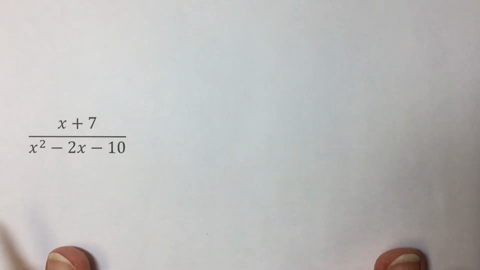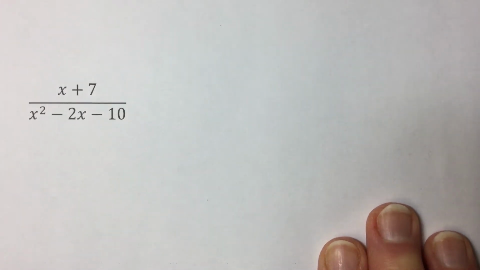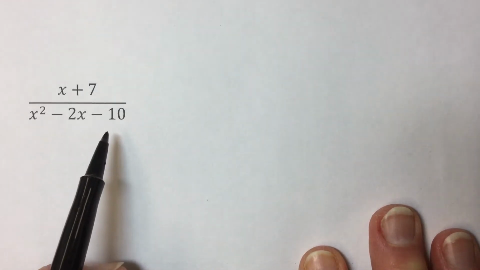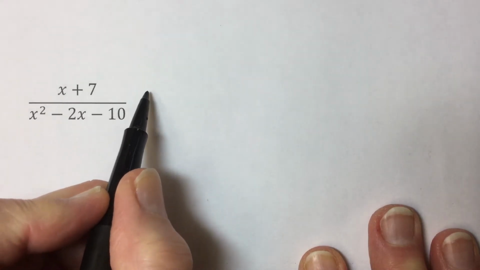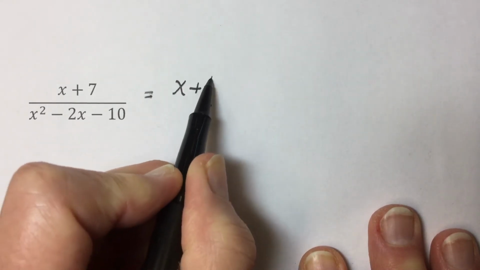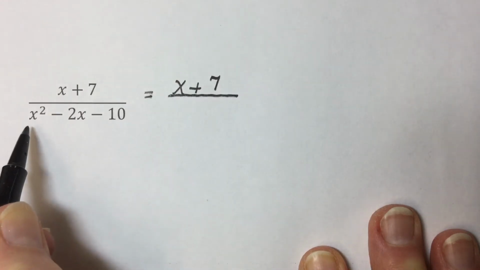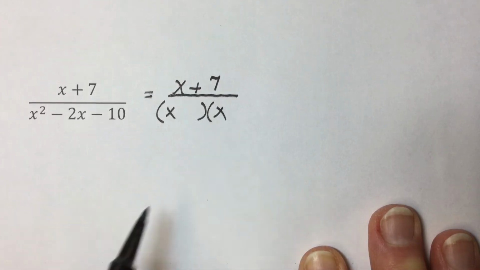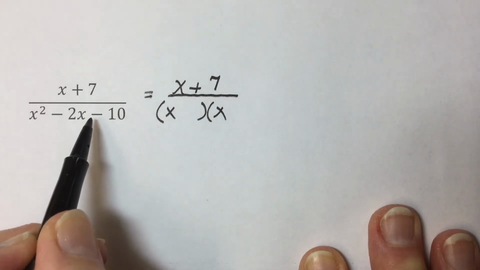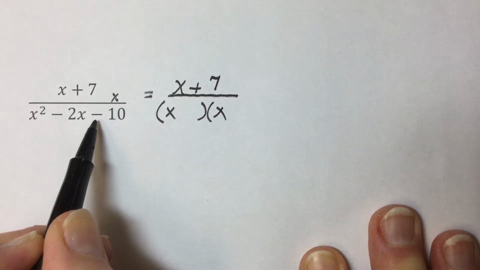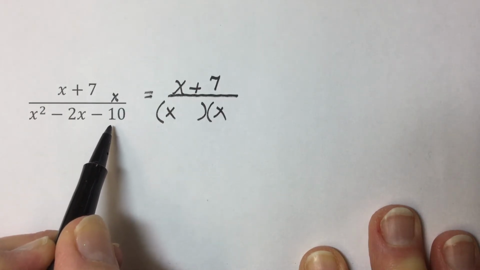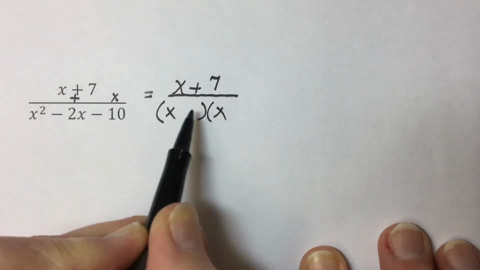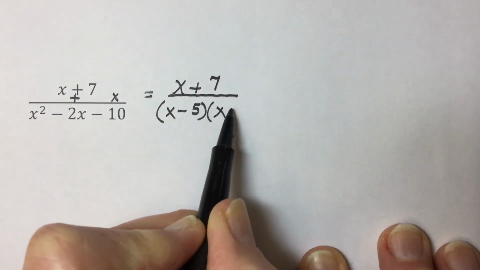What value makes this rational expression undefined will be determined by setting the denominator equal to 0. And before we do that, we need to factor this polynomial that's in the denominator. The first term came from having each binomial with a first term of x. The last term is a product of -10, whose factors add up to be the middle term here of -2, which results in a -5 and a